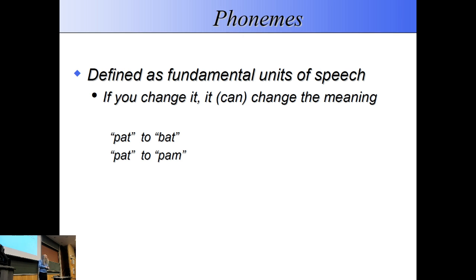Voiced and unvoiced are different phonemes in English. It's going to vary from language to language. So bat, the thing you use on a baseball field. Sorry, I was about to say a cricket match, but you know what I mean. A bat, or the thing that flies and bites your neck and turns you into a vampire, versus pat, P-A-T, which you do to a dog. The b and the p are considered to be different.